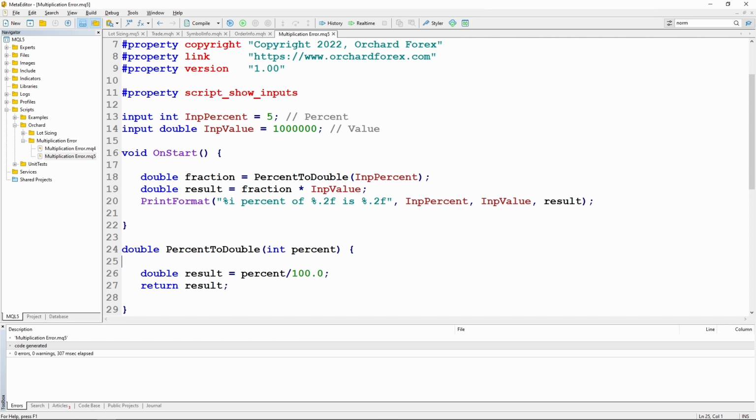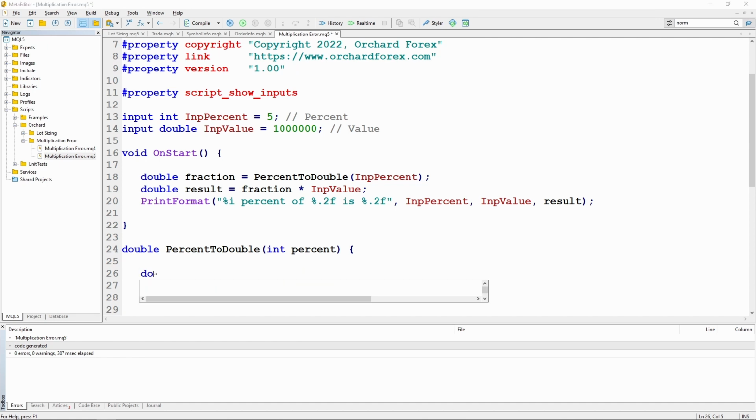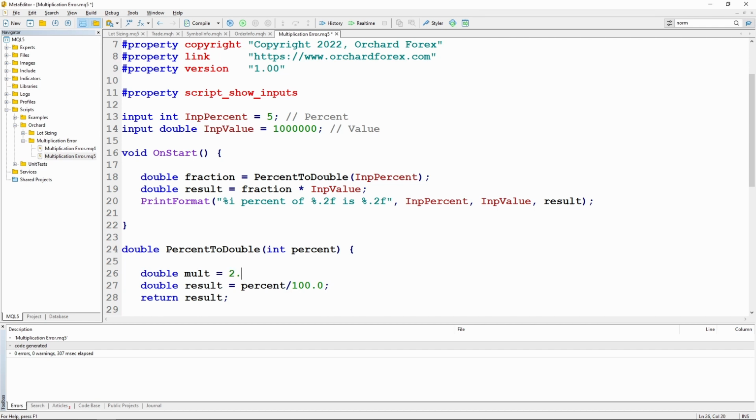I will point out here that this doesn't just apply if everything on this side is an integer. You can also get the same problem if you have values inside parentheses. So let me just give an example. Let's say that instead of simply converting this percentage into a double, I want to calculate 2.5 times that percentage. So let me declare a... double multiplier, 2.5,